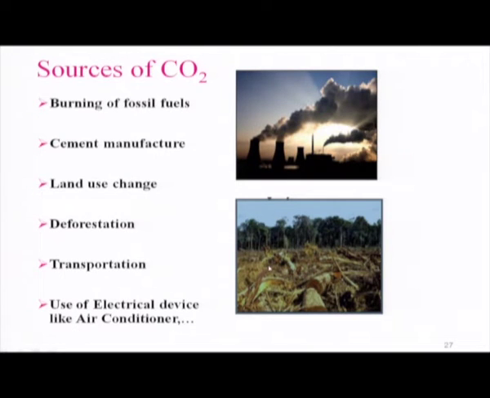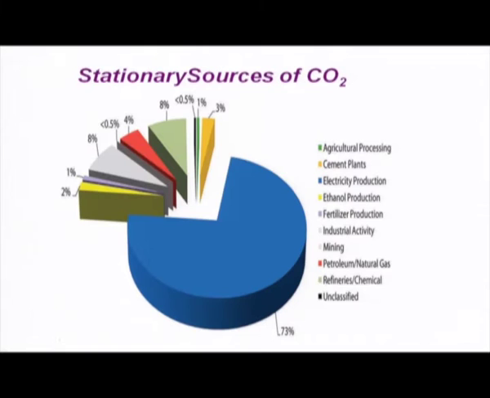Land use change and a lot of dumping of waste material also liberate methane, and carbon dioxide is liberated from all possible sources. Some of the stationary sources of carbon dioxide emission are shown here. It is possible from agricultural processing, cement plants, electricity production. The blue color you can see in the chart, nearly 73% of carbon dioxide, is from this energy production